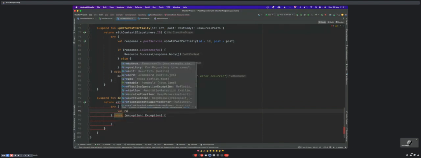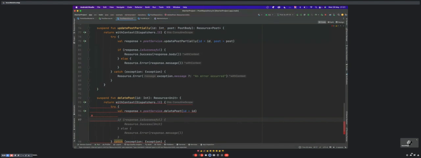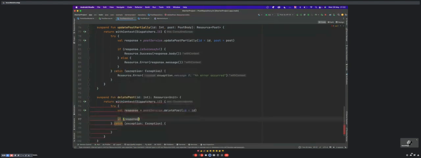So come here and say response. So this is the response you are getting from the server. Come here and say post service dot delete and pass in the post ID you want to delete. Then in the next line, you want to know if the request to delete this post is successful or not. So come here and say if response is successful,